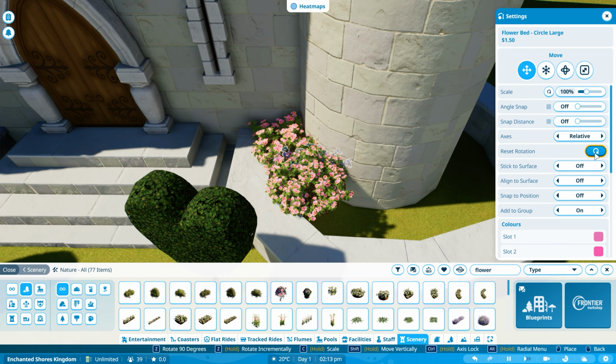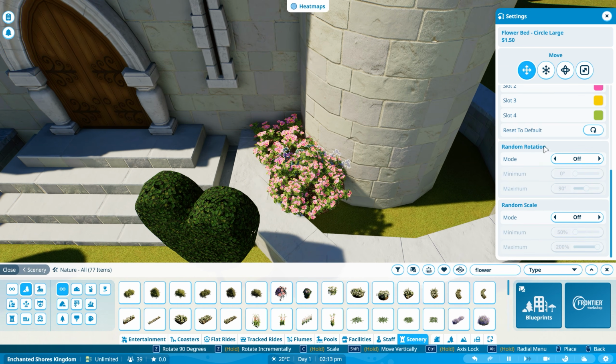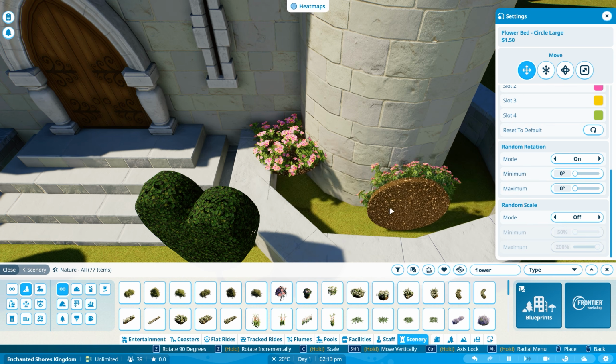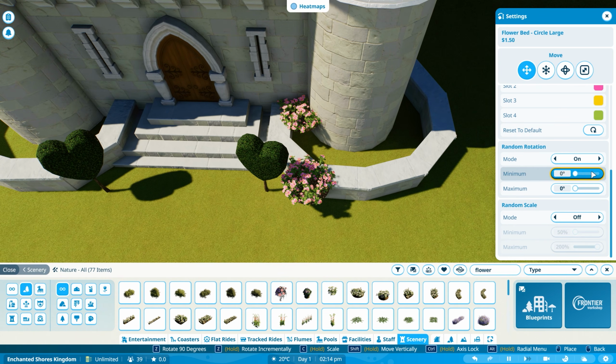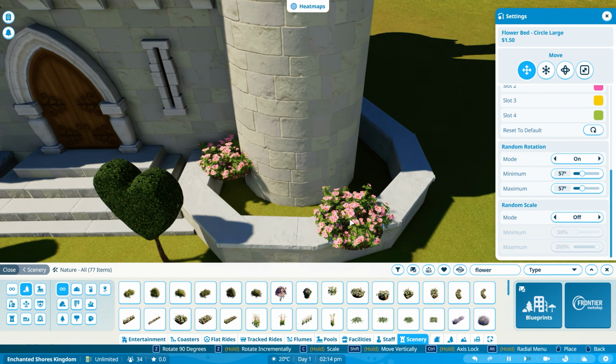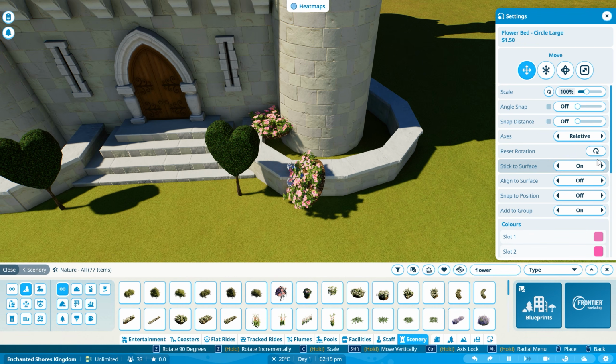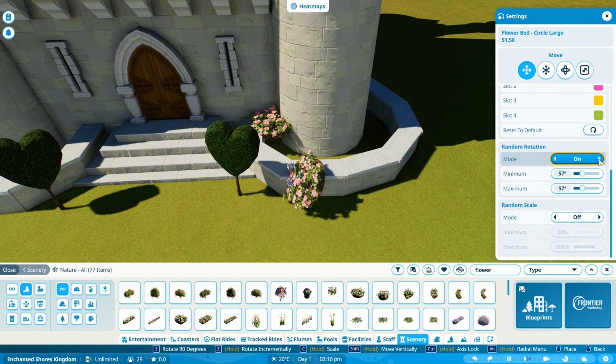Do we have rotation something? Random rotation. Random scale? Random rotation turn. Oh my goodness. No. That one, not that one. Now we need to align it again. Okay. So random rotation is turned on. But then it's going to rotate everywhere, right? So if I place this, yeah, I don't want that. Oh my goodness. Why does it all feel so confusing? Stick to surface, align to surface. Snap position. Add to group. Wait. Reset rotation. I don't want that. I only want this to be like 10. But then it will...